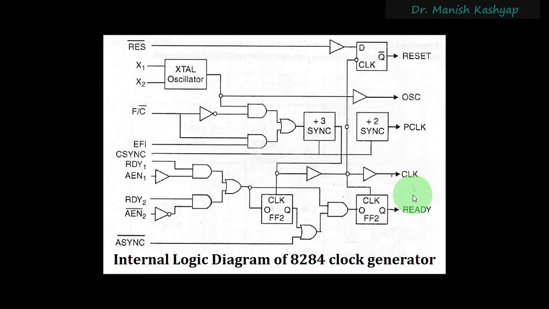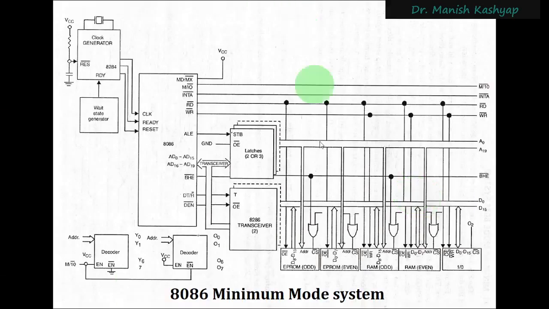After that we will be seeing this diagram where you have a clock which is interfaced with the microprocessor. Then you have latches for address latching, and a transceiver buffer is also there. Then you have some decoder circuit, and then you have externally interfaced memory, RAM and ROM. So you have these two kinds of memories in your system when you actually purchase a system.